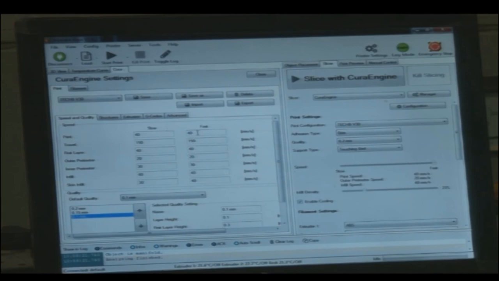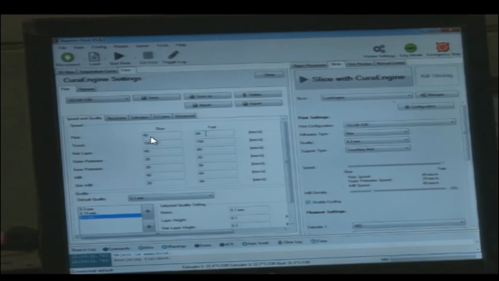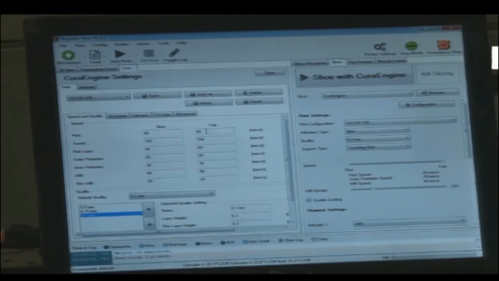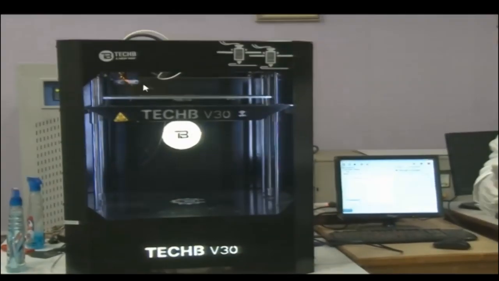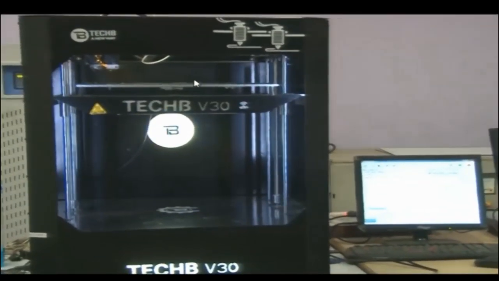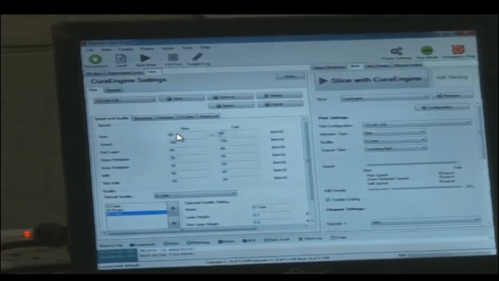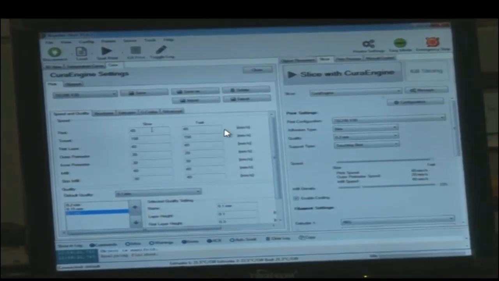We can have the limits here for any of these manufacturing parameters. For print, there is the slowest speed and the fastest speed. At slow it is kept 40. Our purpose is that the material that we drop here should stick with the base plate. If it does not stick, then there is a complete wastage of the material and even the part might not build properly. So the travel speed of the nozzle has to be decided. Slow and fast are the same, the fixed speed is 40 millimeters per second. For printing it is 40 and 40.